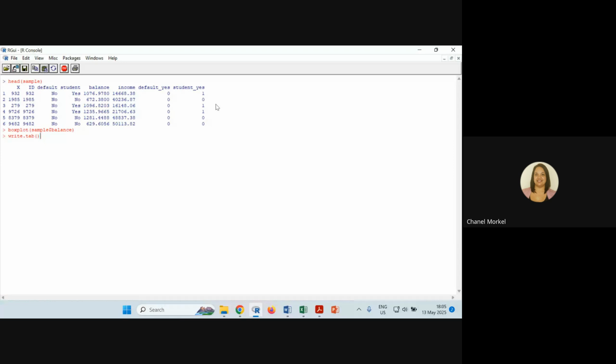Name it population and sample, so that you know when you're working with the population, this is the data you must use. When you're working with your sample, this is the sample data that you need to use. If you're creating an indicator variable, make sure it's something that looks different to what your original variable looks like. Okay, name that indicator variable something different, so that you are sure you don't make